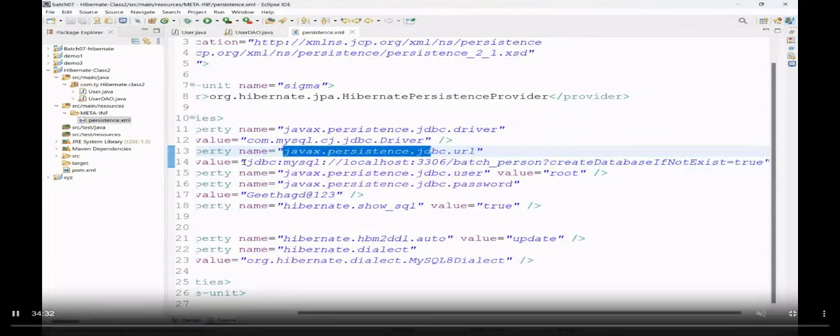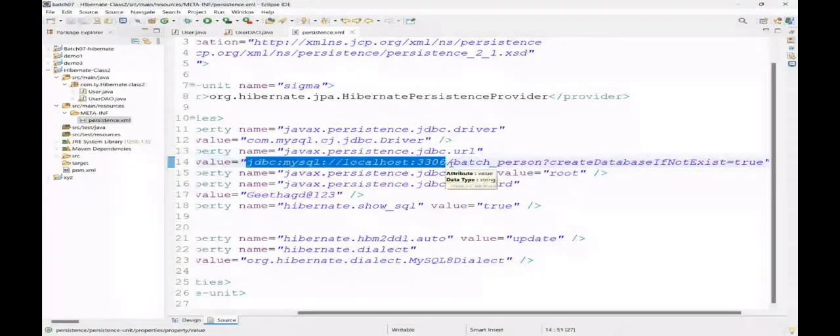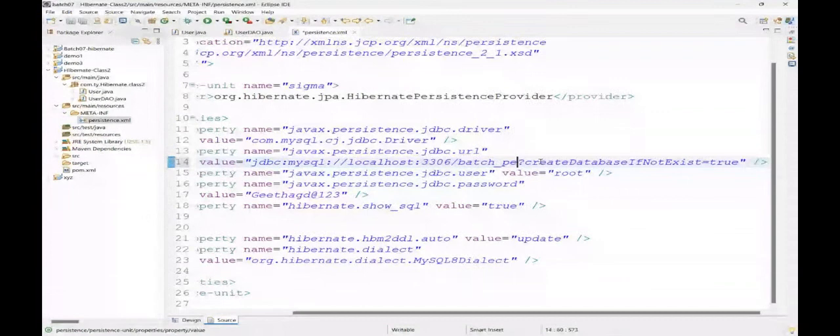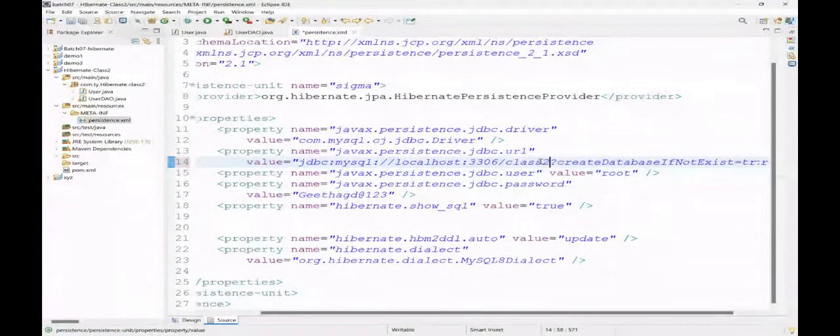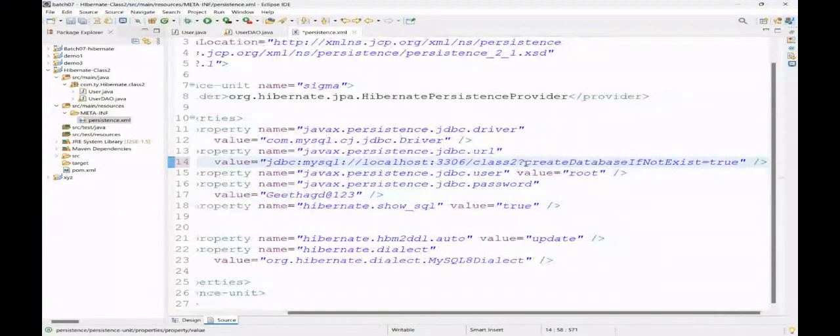Our database url is everything until the port number. Next, what I'm passing is the database name. So I'll just say slash, and class2 here. I'll just say class2 as my database name. And